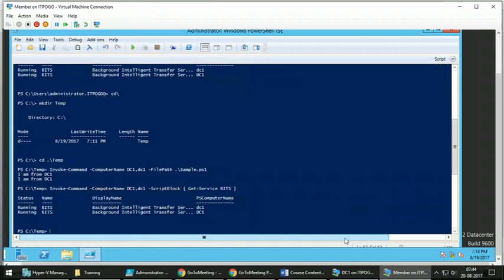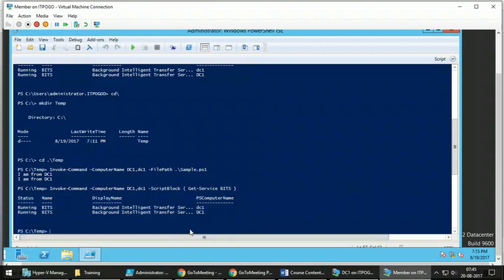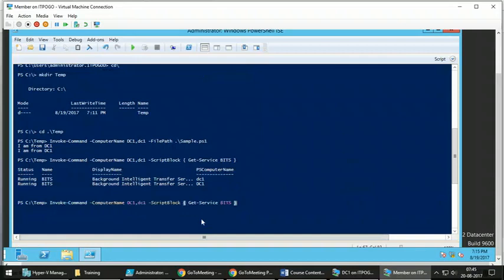there is a small difference between when you run this command locally and when you run this command against a remote computer and see the results locally. The output object that you get here differs from the output object that you get from a local command.